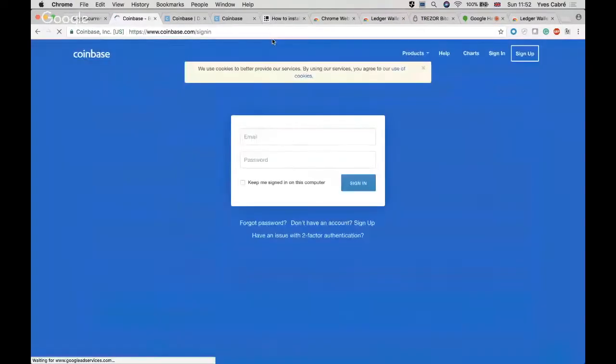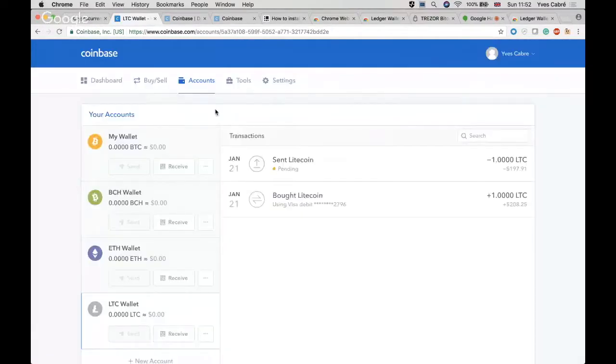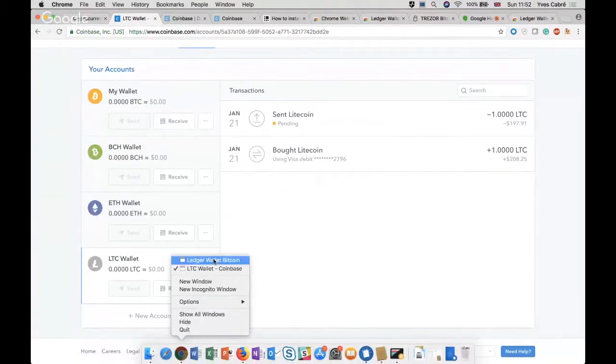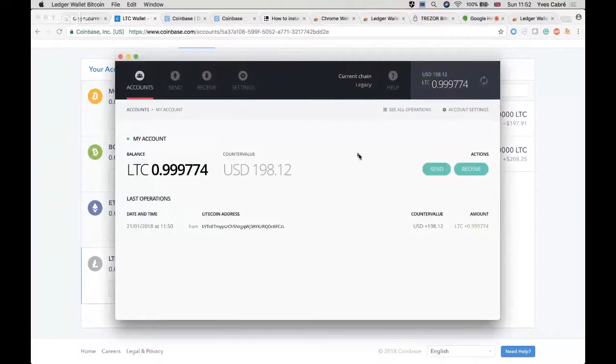So if you reload that page, it should be done there as well. Oh, you have to log in again. Because it's still pending. Still says pending. Yeah. But the way it works is if I disconnect my ledger before it's confirmed, basically it recorded the